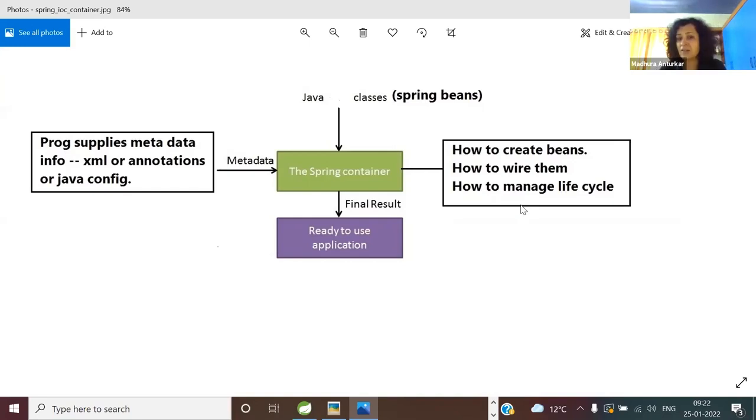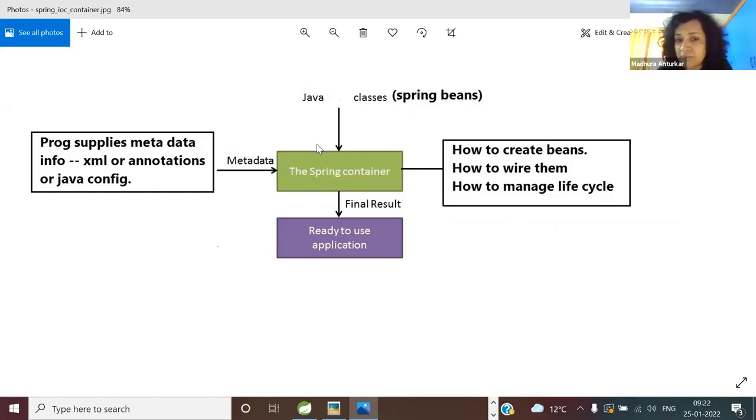Since it is a little theoretical, it takes time to reach the concept. But what have we already supplied in this picture? Spring Beans. What is the next step? There are 3 steps for bootstrapping Spring. First step is provide the Spring Beans. What is the next step? Configuration file. And the third step is you have to launch the Spring container. That is where you will learn the Spring API.